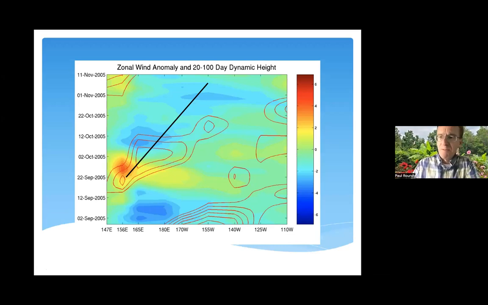But sometimes Kelvin waves don't behave that way. This background shading is winds, westerly wind anomalies, easterly wind anomalies. Here's a Kelvin wave in the ocean that was forced by westerlies, and it doesn't even make it across the basin because it intersects with easterlies. If you want to predict the evolution of El Nino in association with oceanic Kelvin waves, you need to predict the wind stress that the Kelvin waves will intersect with as they go.